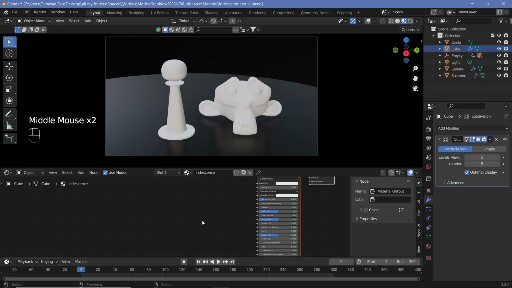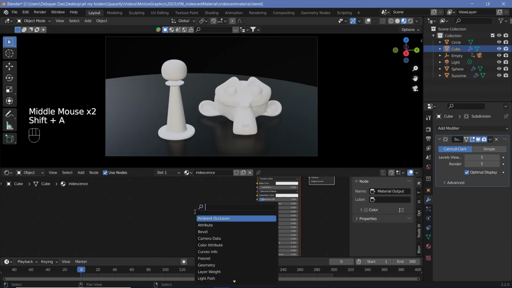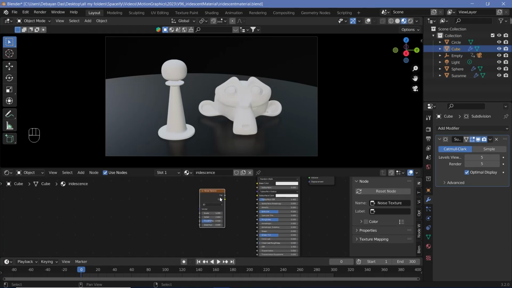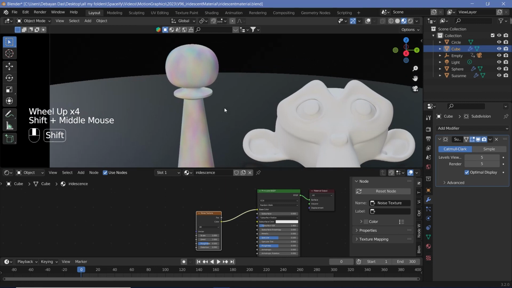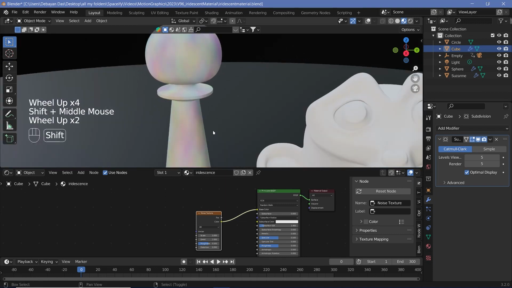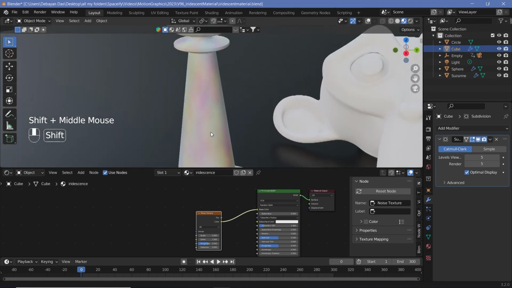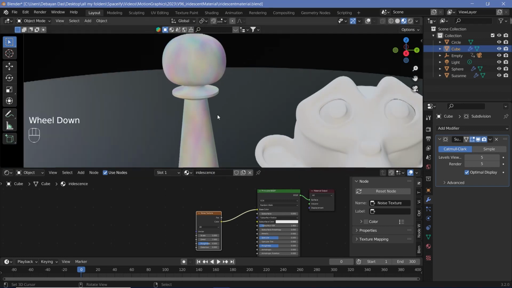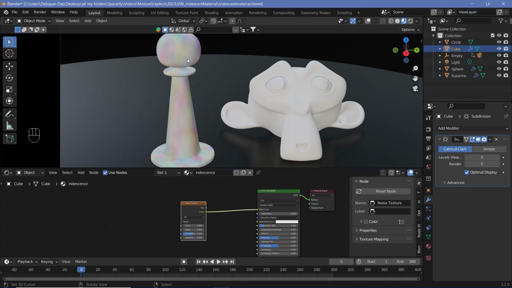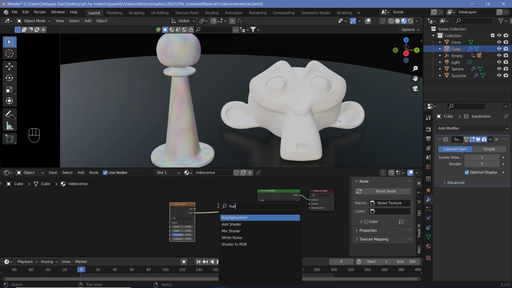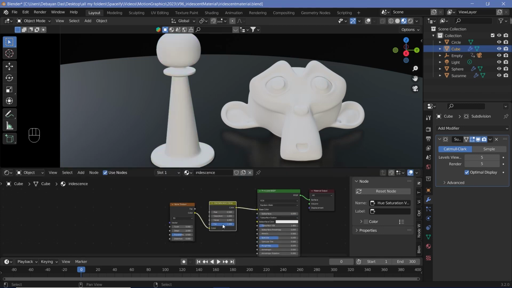So the first thing that we want to do is search for a noise texture and place that into the scene and plug it up with the base color of the principled BSDF. Immediately, you should be able to see a very slight amount of color added into this particular object. We immediately notice that firstly, it's way too light, and secondly, the object itself is far too bright for it to be seen. So the first thing that we have to do is add in a hue saturation node